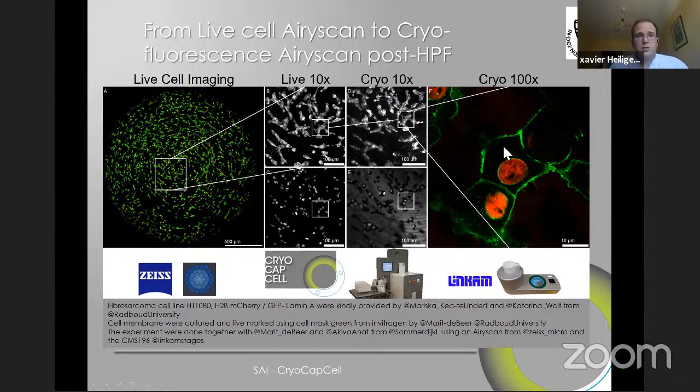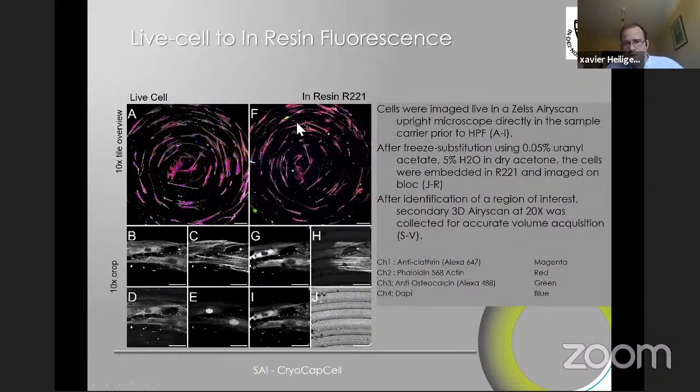Another way of doing things is to do live cell imaging, and then you are not really much interested in cryo-light microscopy. This depends really much on your scientific question, but you want to do in-resin fluorescence. This is something we've seen already before. The in-resin fluorescence is mostly using Lowicryl HM20 around the world. But one of the limits of HM20 is that if you want to preserve the fluorescence for doing in-resin fluorescence, then the resin will start to charge in volume electron microscopy, serial block face imaging, or focused ion beam imaging.